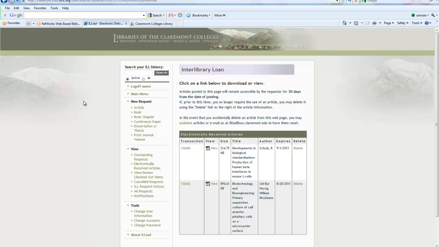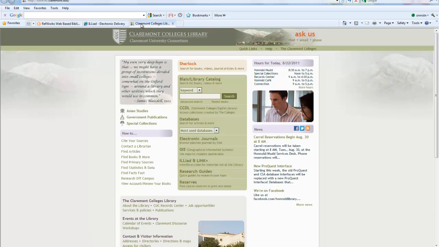Now, this is fine. This is how you would go about doing things if you actually want to access your articles. But how do you order articles? Now, we're going to go much more in-depth when it comes to searching databases and things like that in class and as part of other assignments. But I want to show you in general what it's going to look like for you to order something